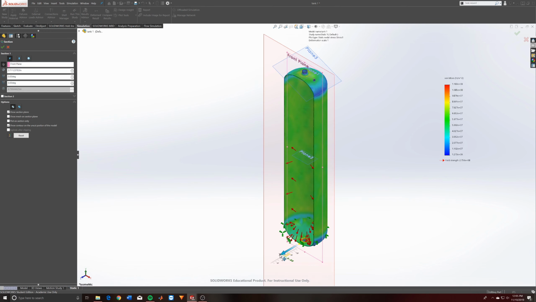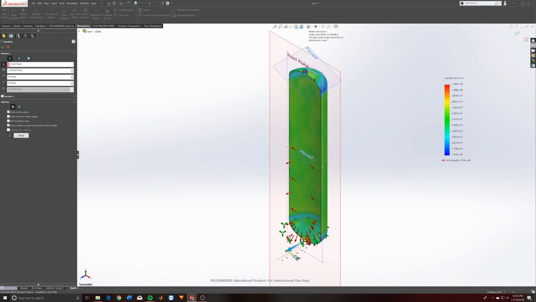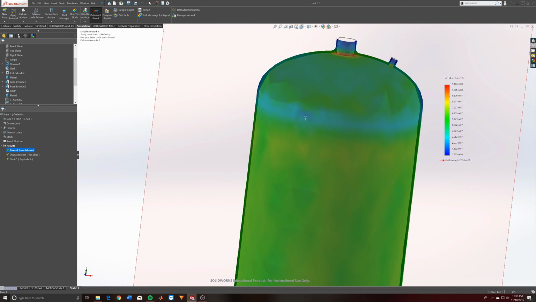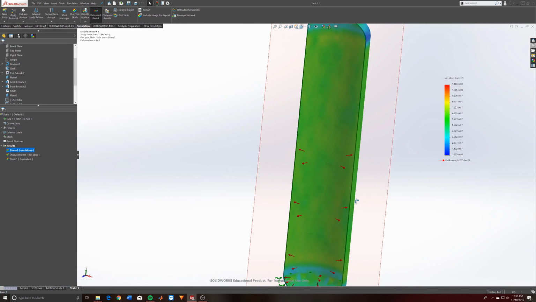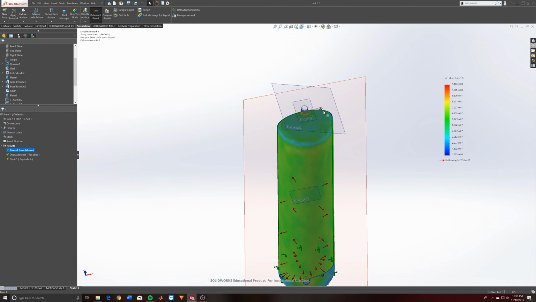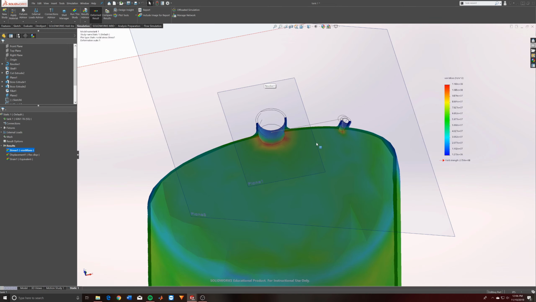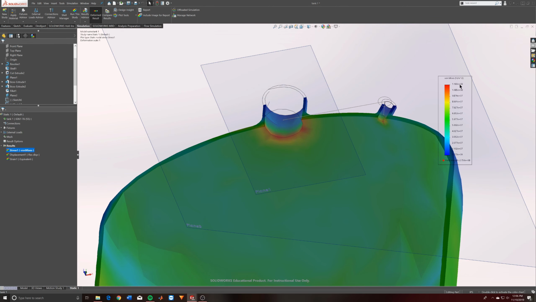And then from here you can move this part in and out and explore exactly what you want, but I want it directly half, so I'm just going to go 0, make sure it's right in the middle, and then hit check. Now from here we can get a better idea of where the stress concentrations are, and as I mentioned before, it's right along the holes where the fluid and the tank connectors are, or the pipes essentially. But if you look over here, they're not getting any more than 118 MPa,